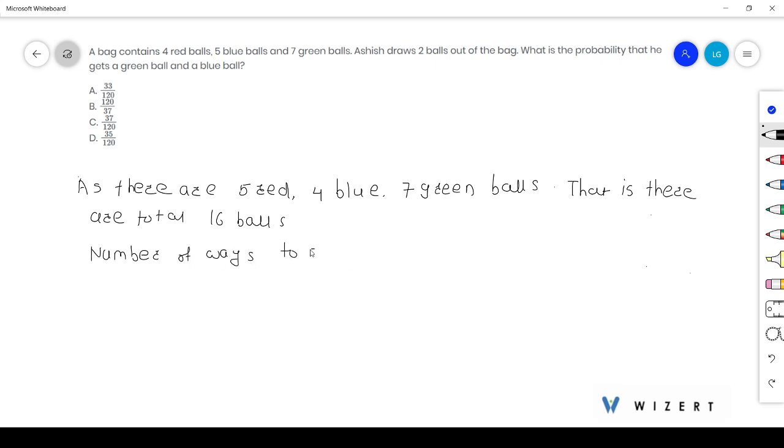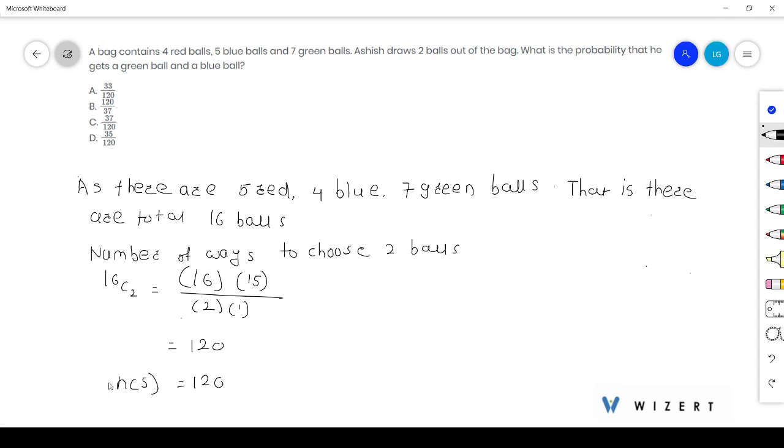to choose 2 balls is given by 16C2, that is 16 into 16 minus 1 means 15 divided by 2 into 2 minus 1 means 2 into 1. So it will give 120. So n of S will be 120. Okay. Now